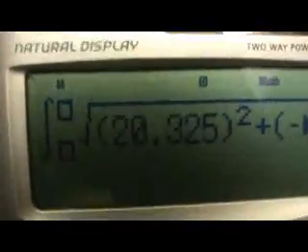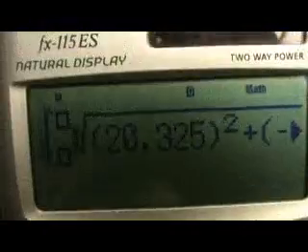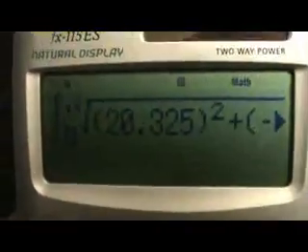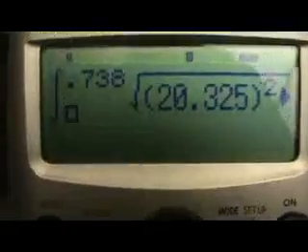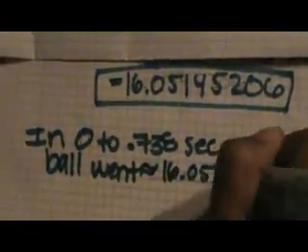16.05145206. So the average arc length of a free throw is 16.051 feet, which basically means that in 0 to 0.738 seconds, the ball went about 16.051 feet. So the arc length is equal to 16.05145206. So in other words, in 0 to 0.738 seconds, the ball went about